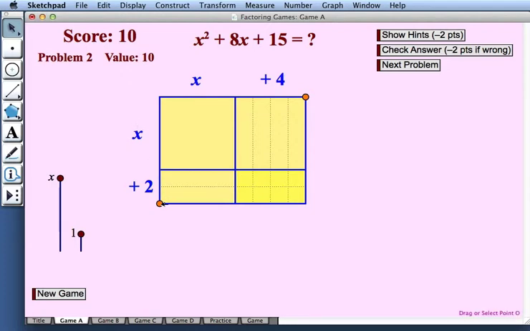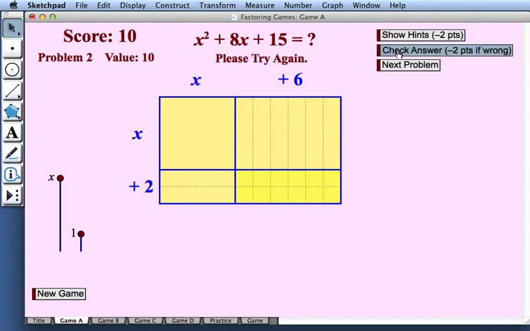Now let's suppose I get a problem incorrect. So let's leave our array like this. If I'm not really sure about my answer, I can press Check Answer. And I'm told to try again. Now, the value of the problem when I get it correct will only be 8 points instead of 10,